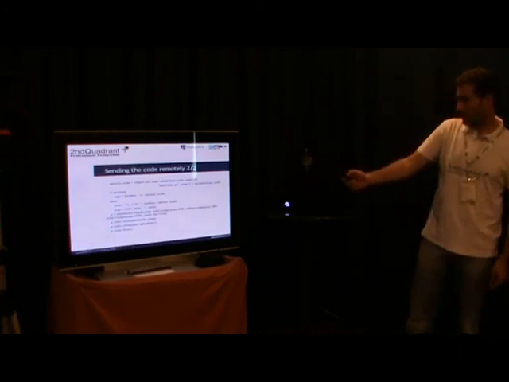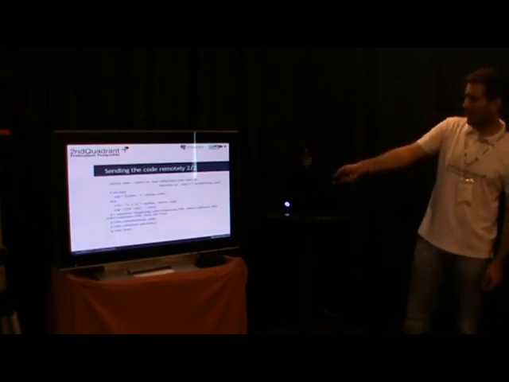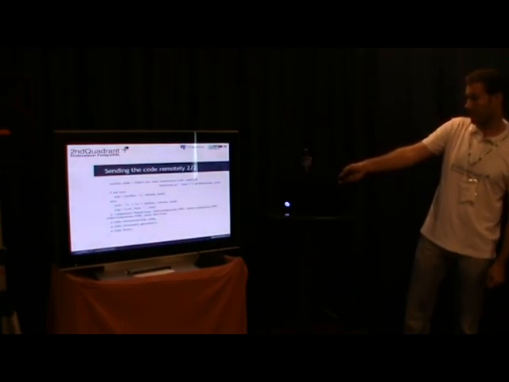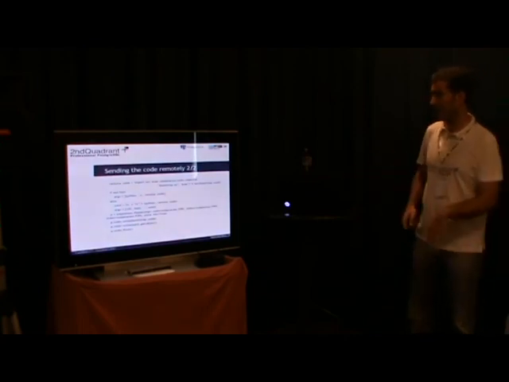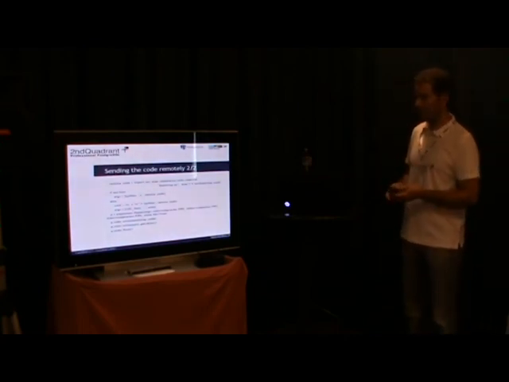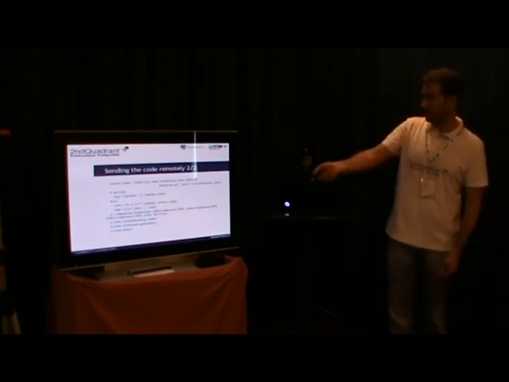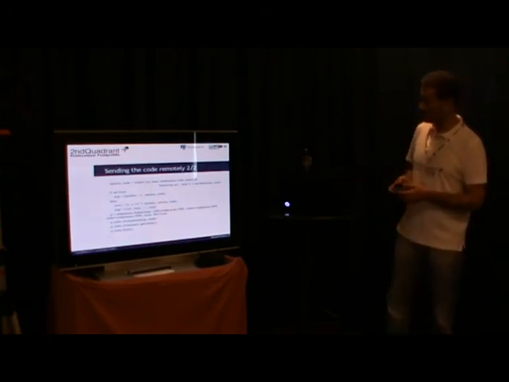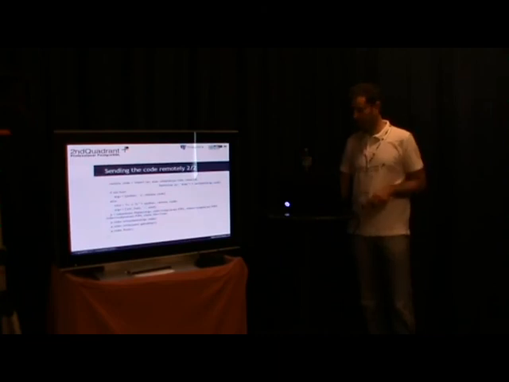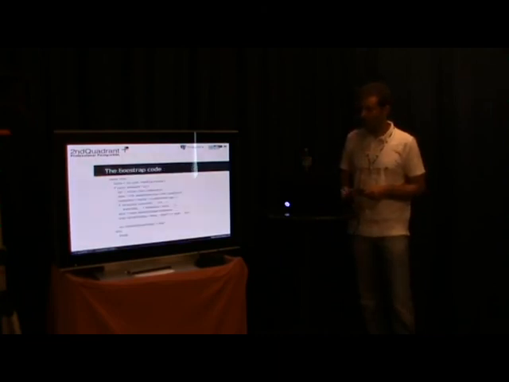Then it uses a pipe to pass the bootstrap code and flushing the output to send the data to the remote site.